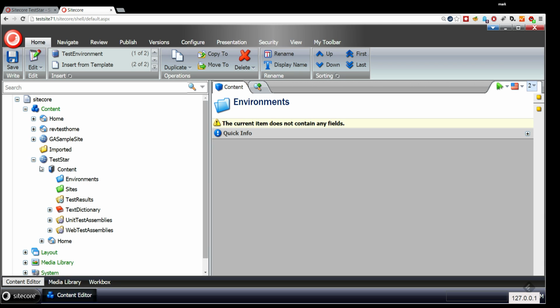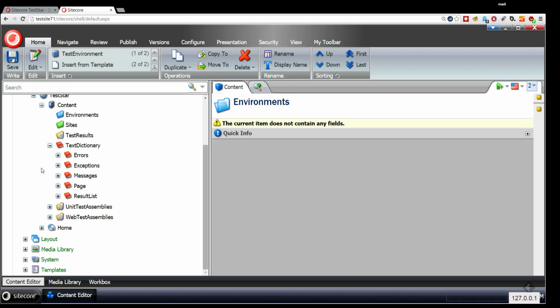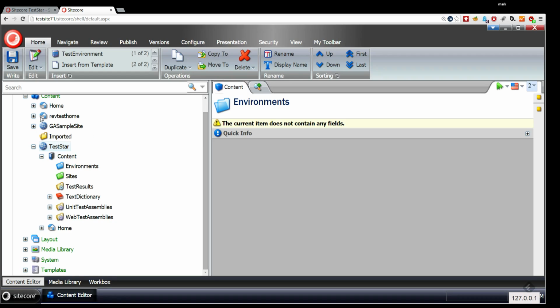The text dictionary is where all the content on the site is defined, all the labels or the error messaging. Here you can translate it and get it to show in whatever language you prefer. The test results folder, as tests are being run, are being stored here, chronologically, and then by category. These sites and environments I'll get into in a minute, but first I want to jump into the Sitecore TestStar